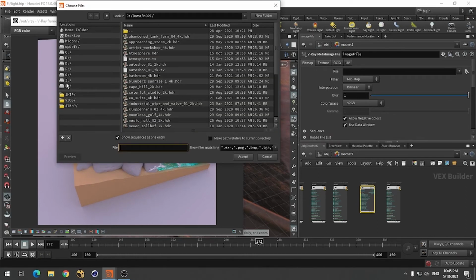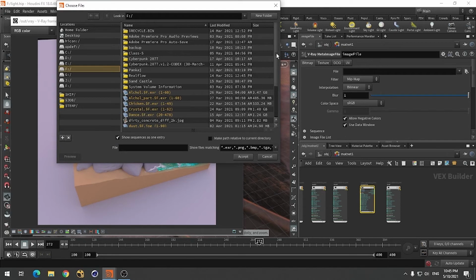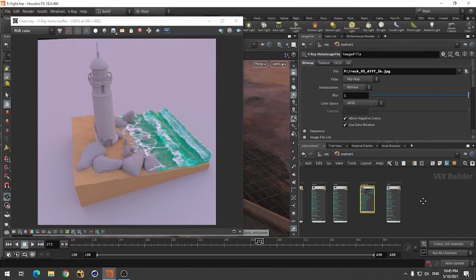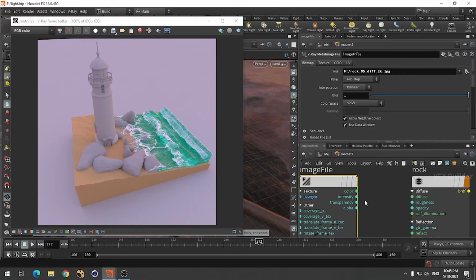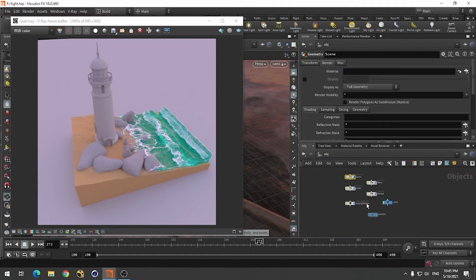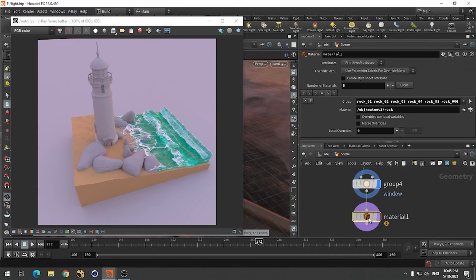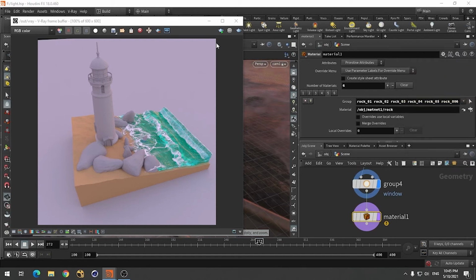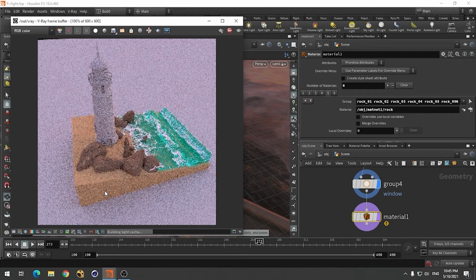So go here, and let's just go for rock. I think I use this one, and you need to connect this color to diffuse, because it's diffuse color, and just decrease this blur value. And if I come to this here, you can see this is light rock. Now if I render, all this material will get rock material. See,